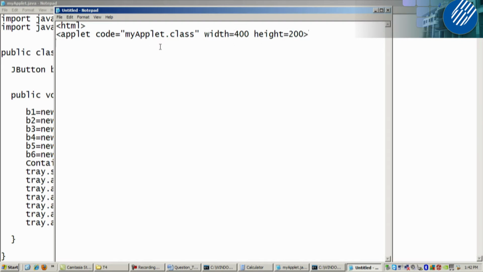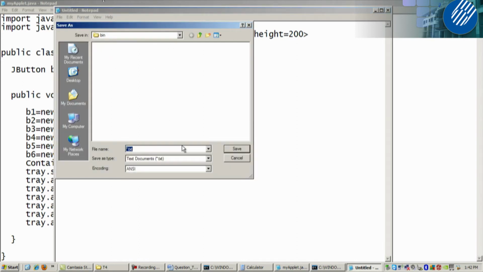Okay, and then HTML. Okay, it's quite simple. In order to run an applet, you need to embed that Java file into HTML. Okay, you save as what? Make sure you save in bin. Make sure you save in bin MyApplet dot